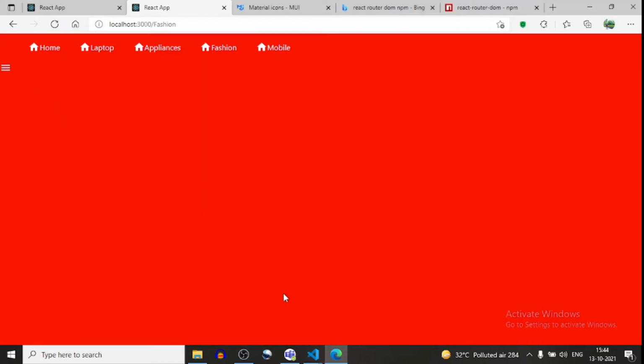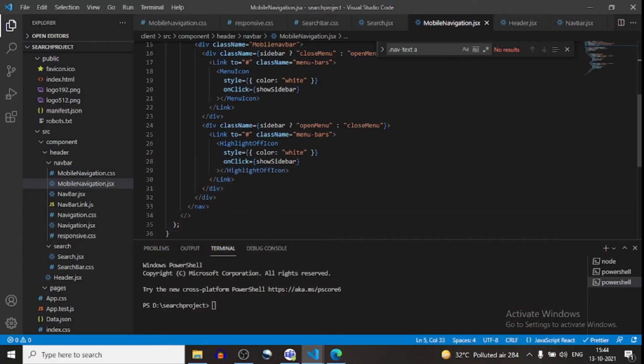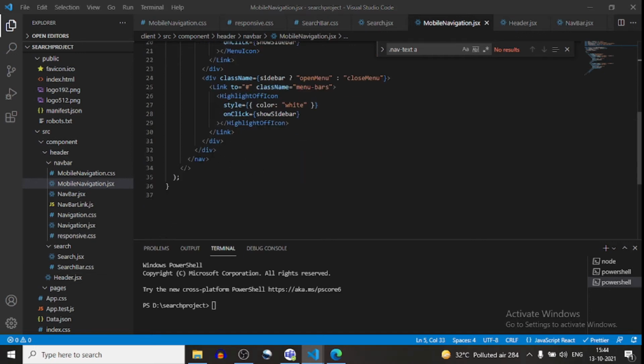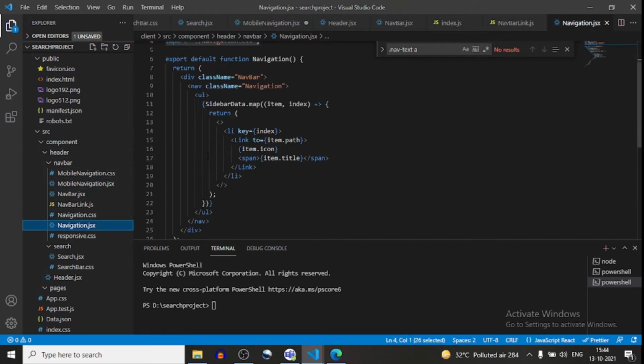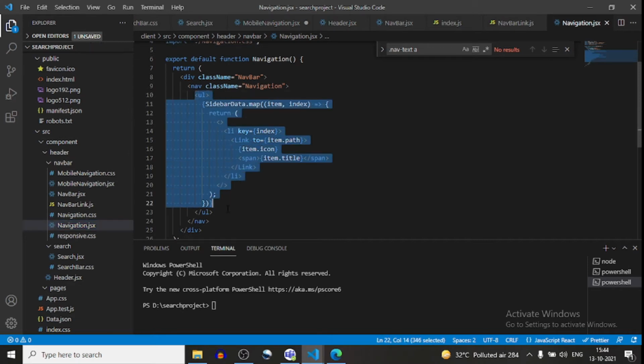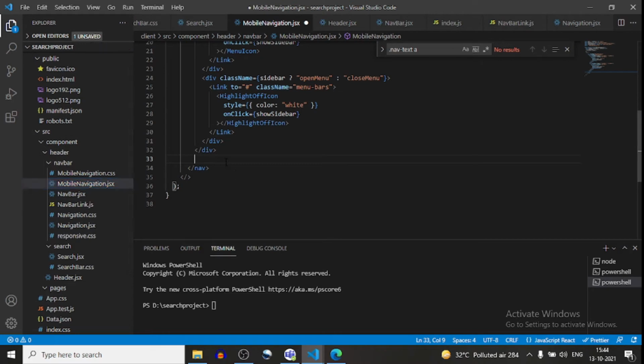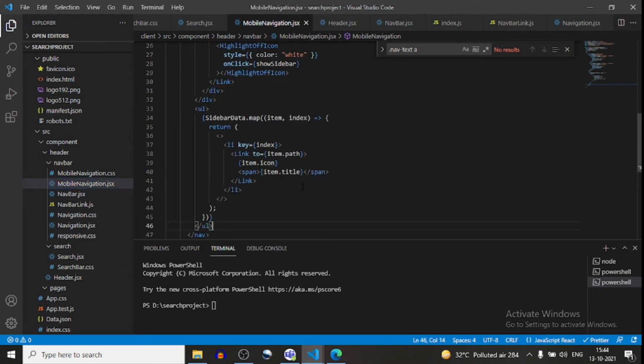Now we have to work on the menu. For the menu, this is the div, and I will go in navigation dot, and from here I will copy this UL and paste it over here.